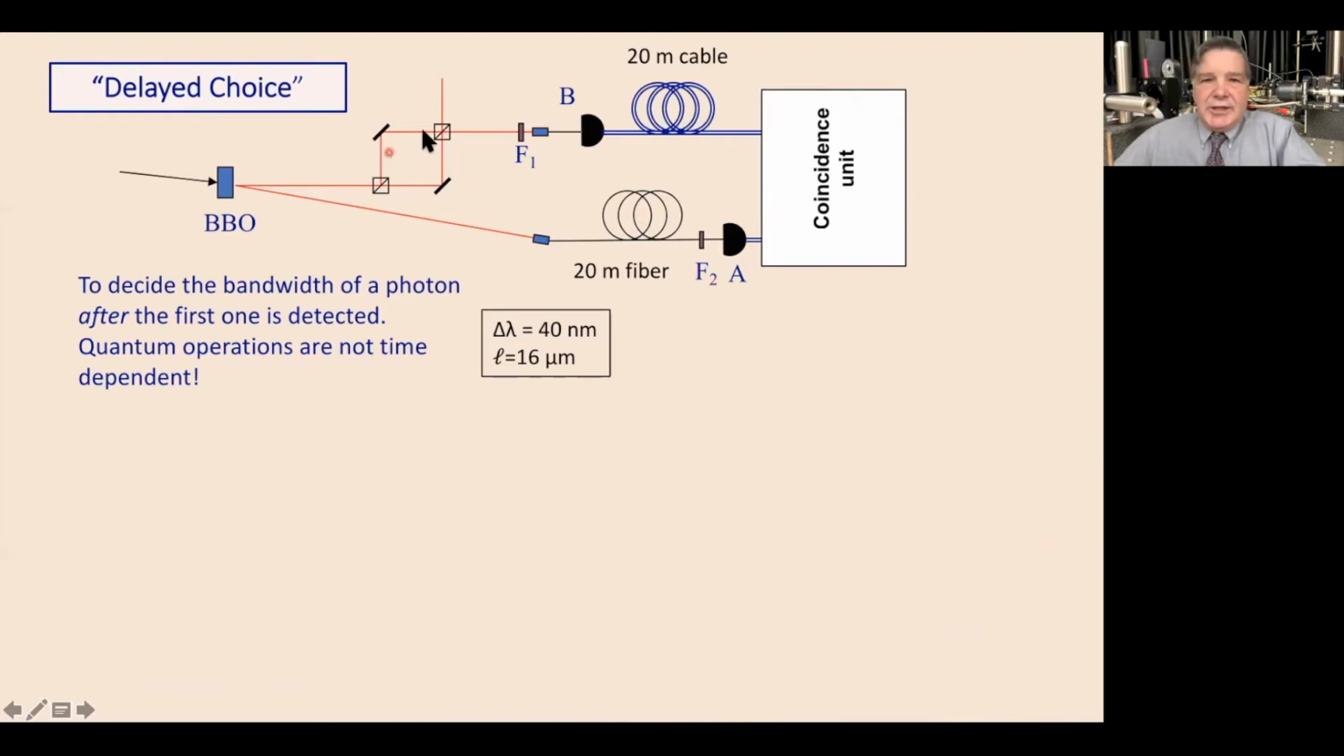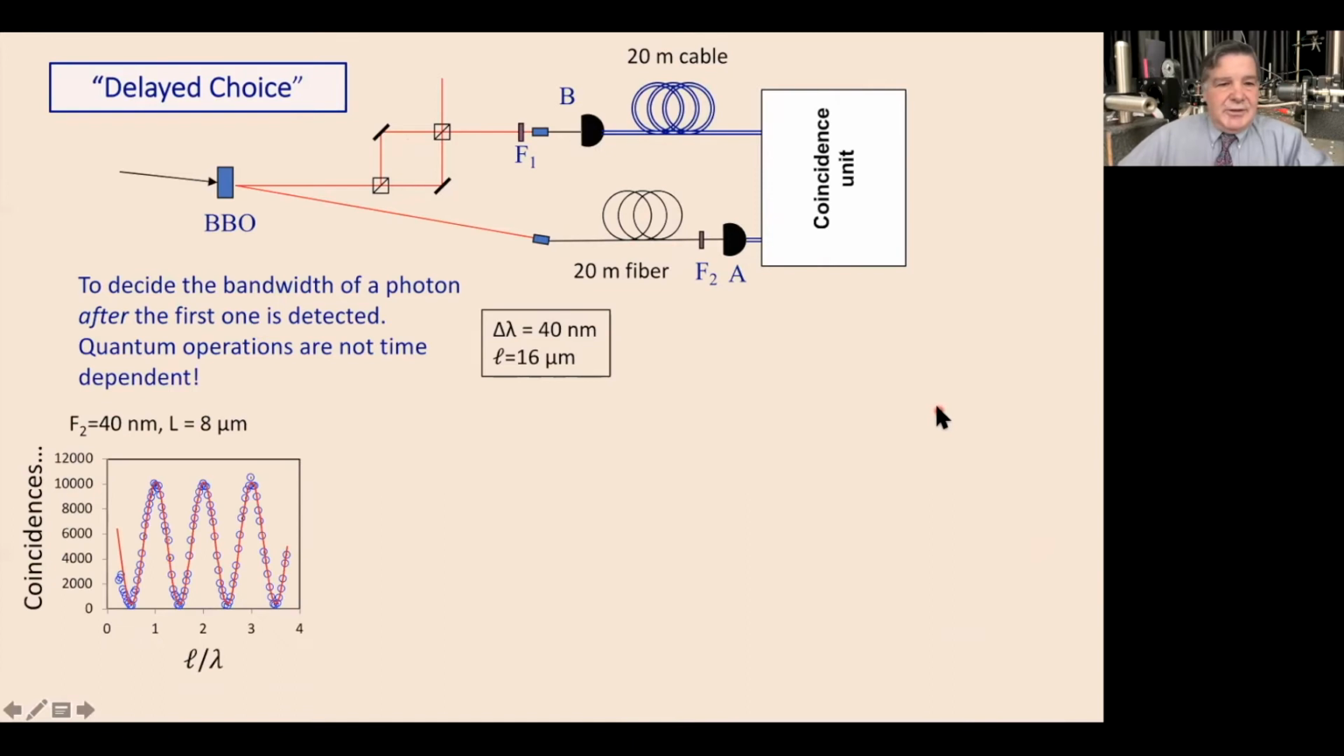And then the photon that goes through the interferometer gets detected immediately, and then it goes through a long electrical cable so that the two electronic pulses arrive at the coincidence unit at the same time. Okay, so then we do that experiment, and of course we use the short separation between the two arms,